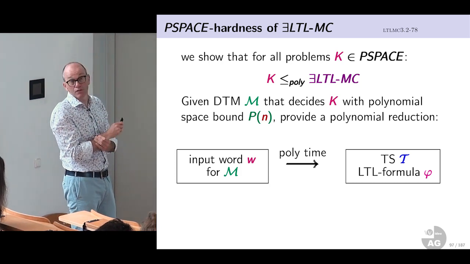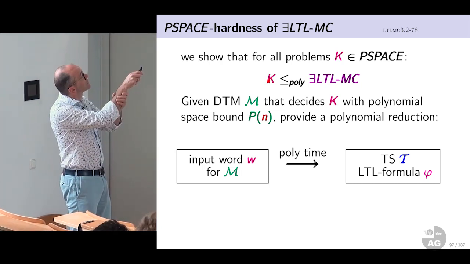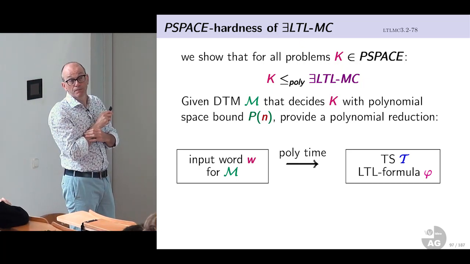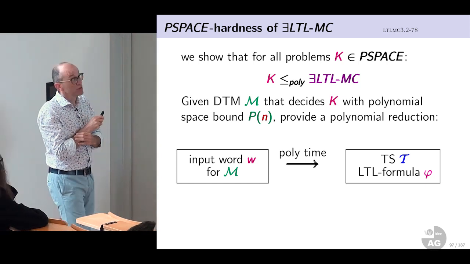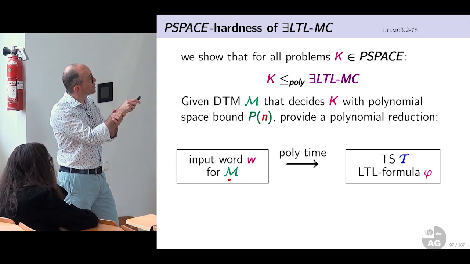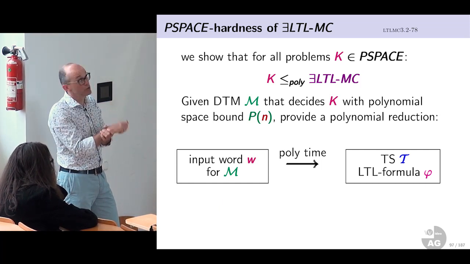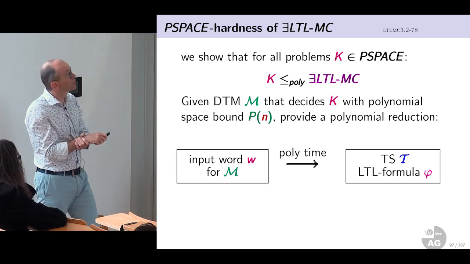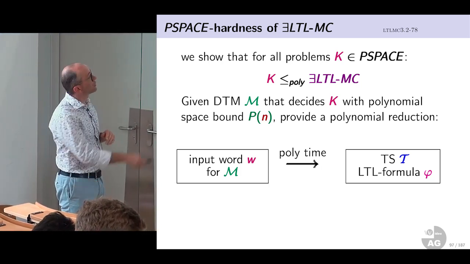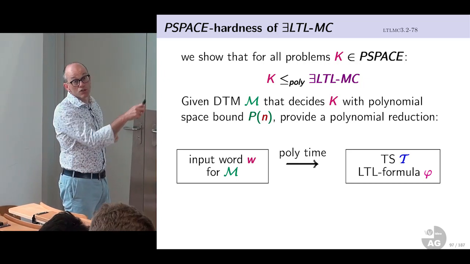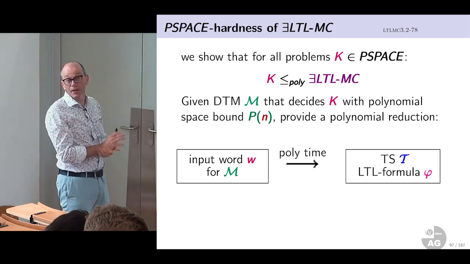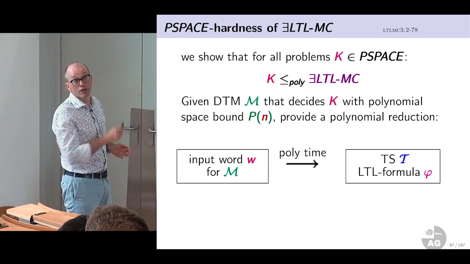That provides us, because this is PSPACE-hard, it follows that this will be PSPACE-hard. Now the reduction. The reduction is the following. I take a deterministic Turing machine and a finite input word w. We're going to provide a polynomial time reduction that constructs a transition system. This is going to depend on the Turing machine, maybe on certain aspects of the input word, plus an LTL formula phi,